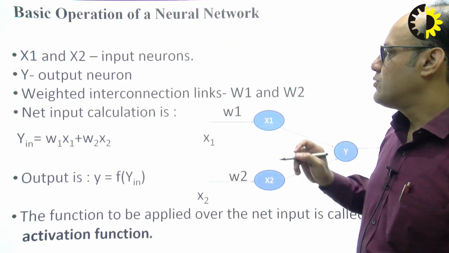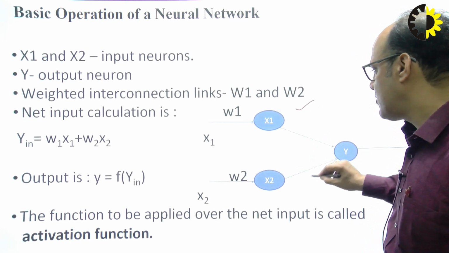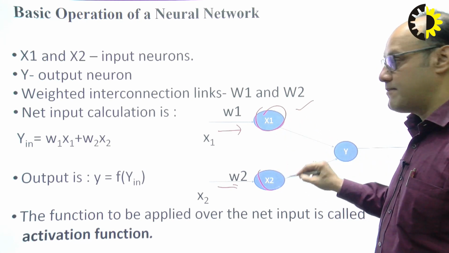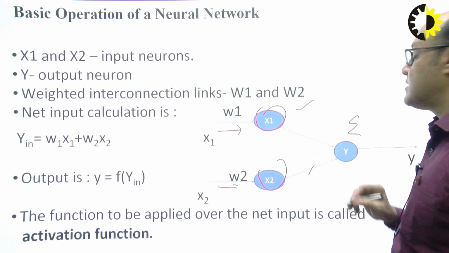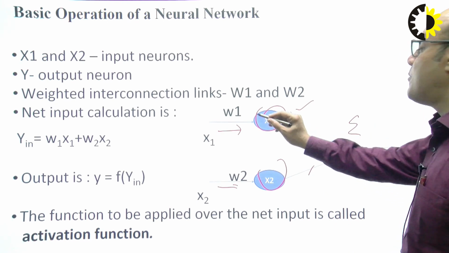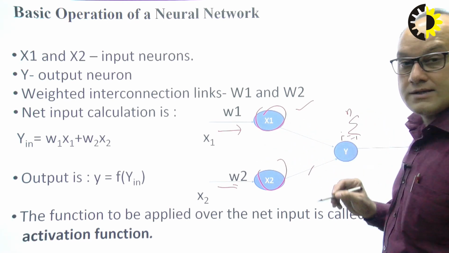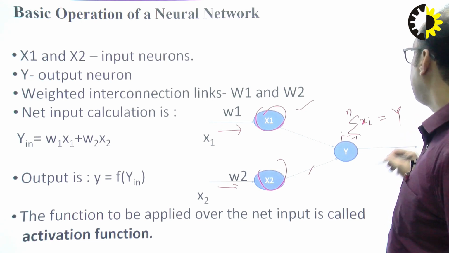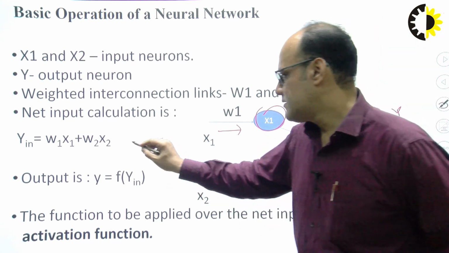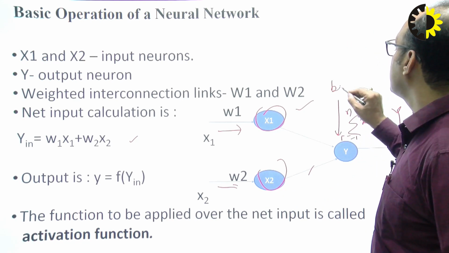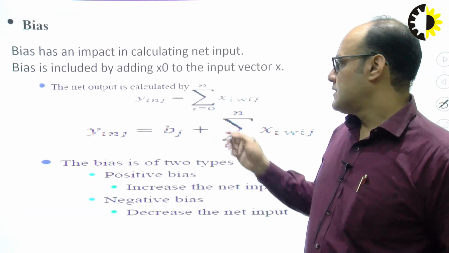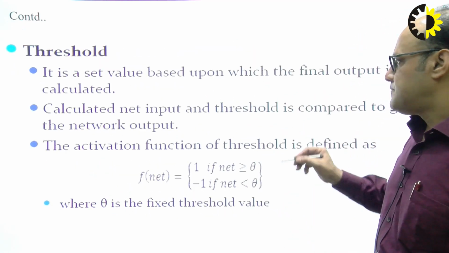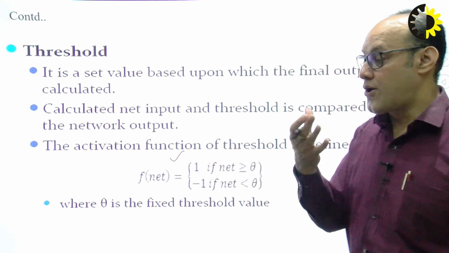So let me show you the basic operation of ANN, artificial neural network. X1, X2: we will provide some input. These are the processing elements, and in them we are going to do summation. Summation means, for i equal to 1 to n, the inputs x of i, and we will get some output y. Several terms are used here. Bias is also used here. Summation is done with Wij, where W is the weight. Some threshold value is used to control that output.